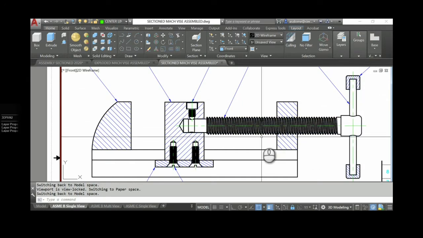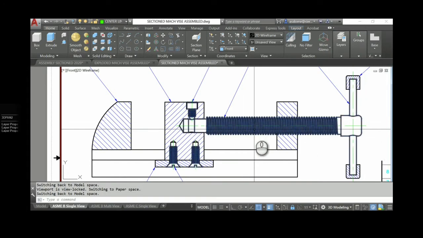These lie in the center of the part and are considered rotational components. In other words, they rotate at the center of the part.